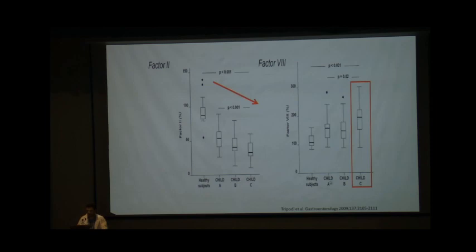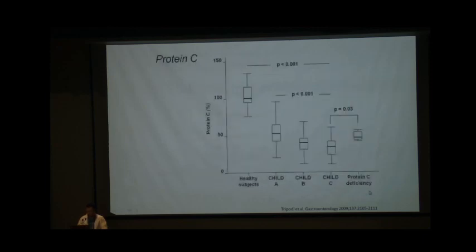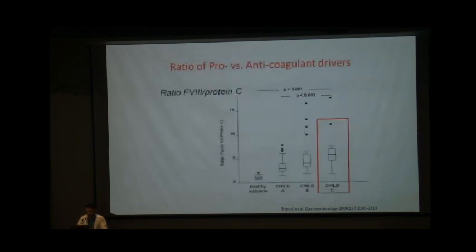However, there is an elevation in factor VIII, which is a procoagulant, which is noted as the stage progresses from Child A to Child C. Similarly, there is a decline in protein C as the stage of cirrhosis increases. So there's an increase in factor VIII and a decrease in protein C, and the overall state is tilted towards the procoagulant state. However, the imbalance can be